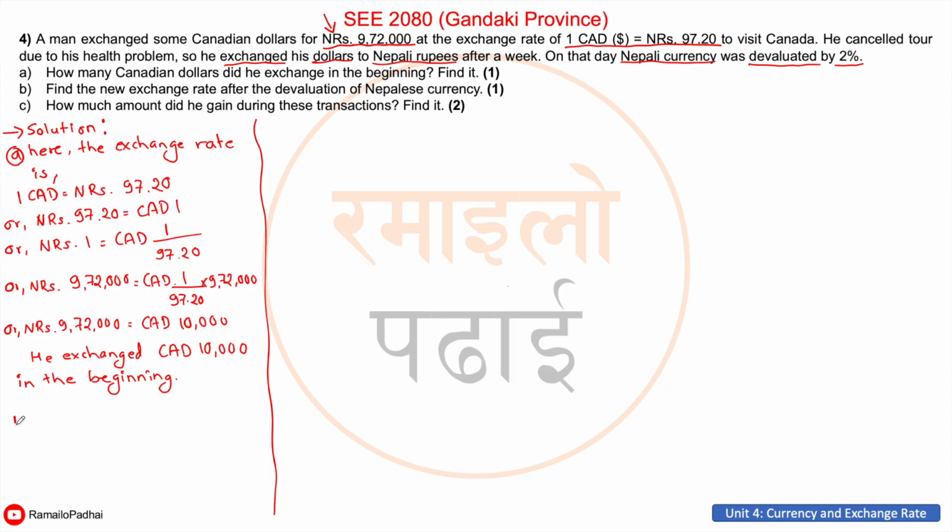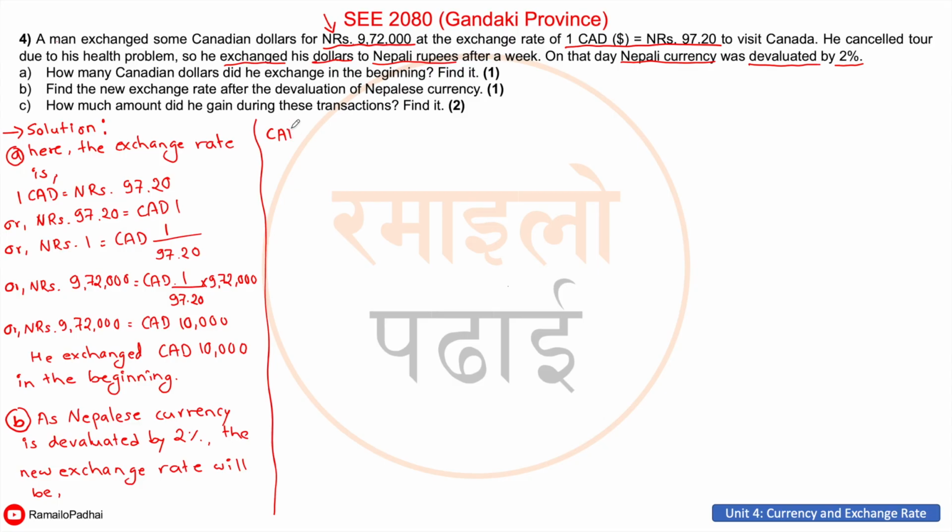Now, moving on to B, find the new exchange rate after devaluation of Nepalese currency. As Nepalese currency is devaluated by 2%, the new exchange rate will be